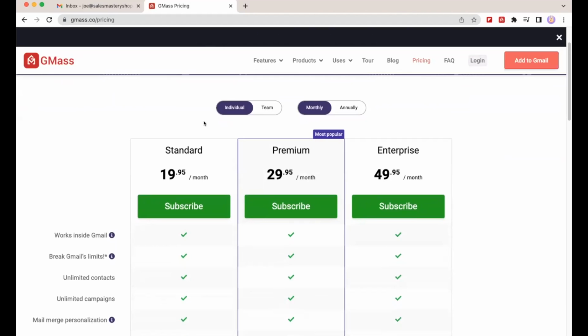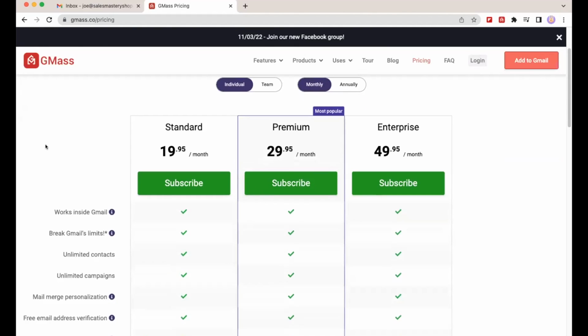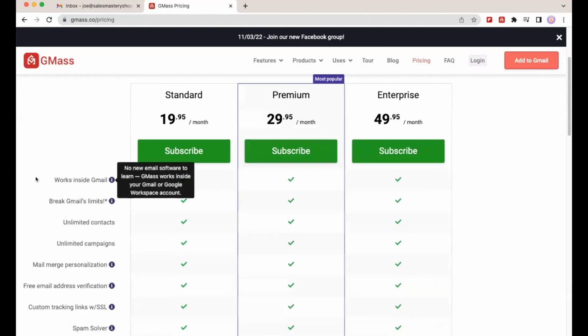Now, at the time of this video, I am just using the standard $19.95 per month. Some of the features that you can see here are it works inside of your Gmail. So it's going to connect to your Gmail account. I highly suggest that you get a paid account for Gmail. I think that you'll see great benefits there, but the main benefit is the fact that on a free